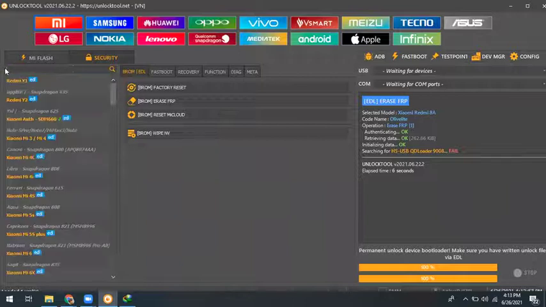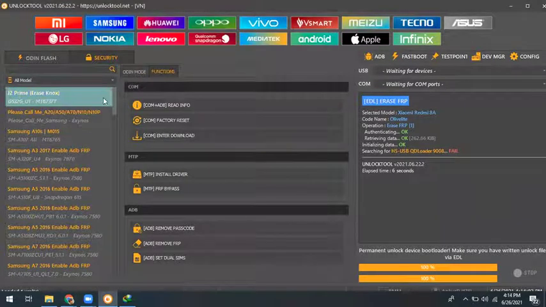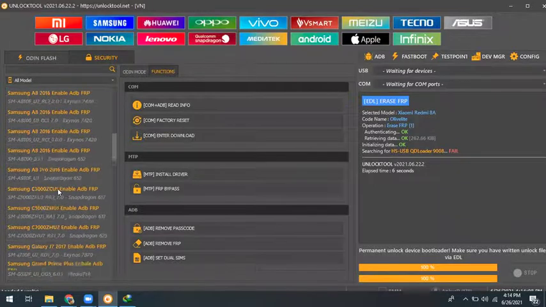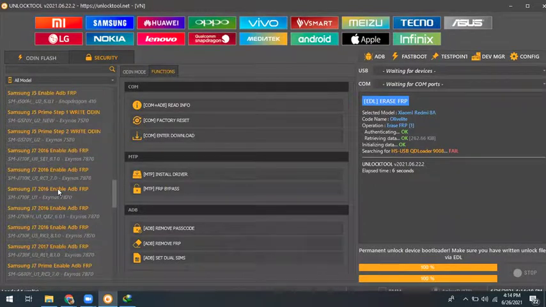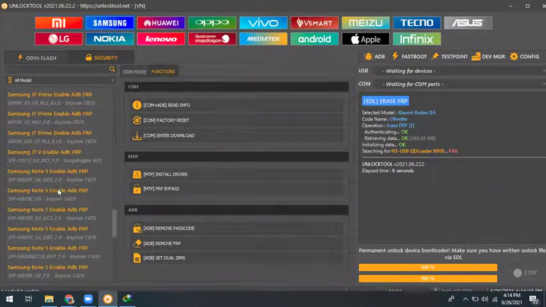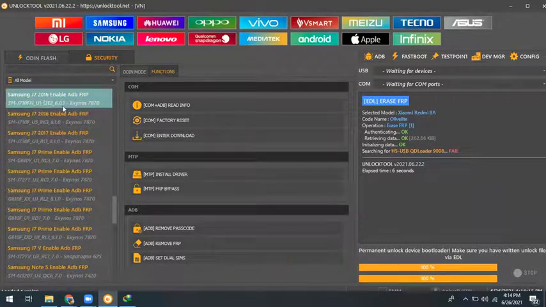Okay, sir. For Samsung, the same, we have to erase FRP. For example, a Samsung A7 model. The latest models are not supported in Samsung. Basically, like Samsung J7.